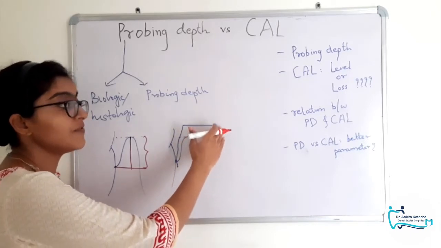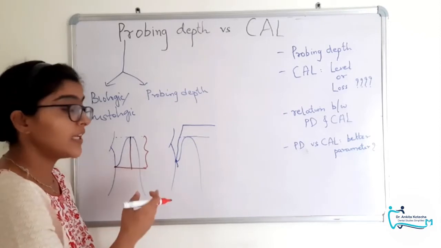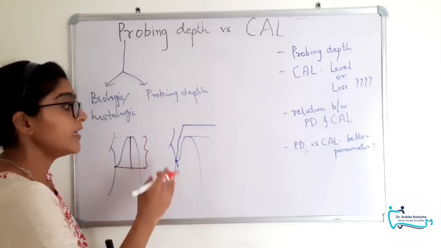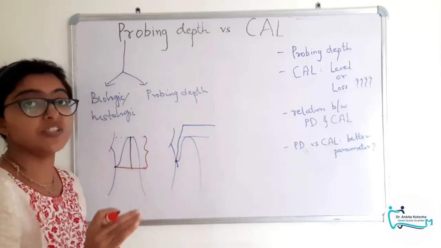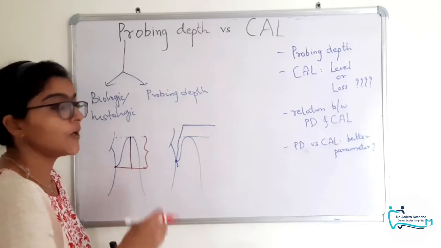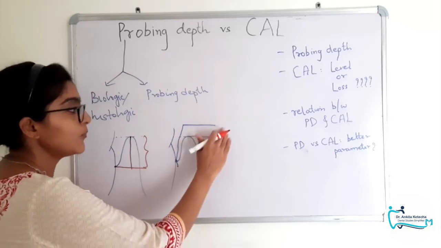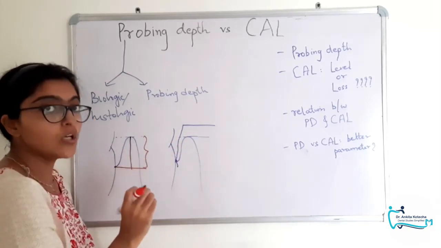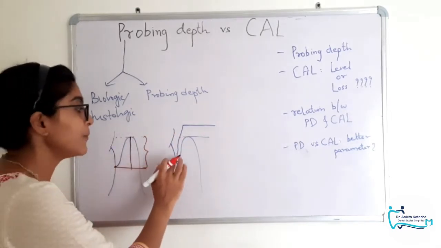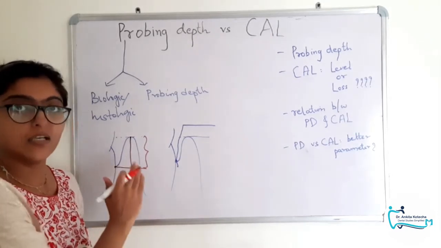Now, the probing depth which we do clinically depends on various factors. On the instrument aspect, we have the size of the instrument, that is mainly the tip, if it is thick or very thin, the angulation, the insertion technique, the force, the pressure that we exert. And on the tissue aspect, we have the status of the tissue, whether it is firm and resilient or inflamed or heavily inflamed, in which case it will not be able to resist the probing forces, even the normal probing forces. So our clinical probing might remain underscored or overscored. For example, if the probe tip is thick, then it may end above the base of the sulcus. In that case, we will get a score smaller than the actual score.